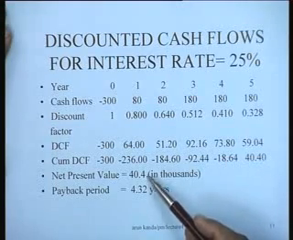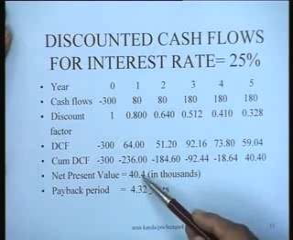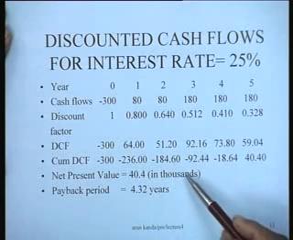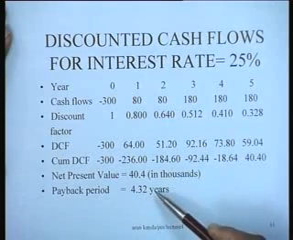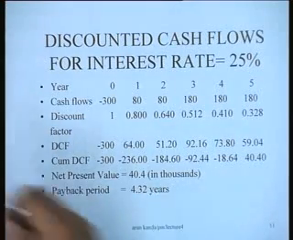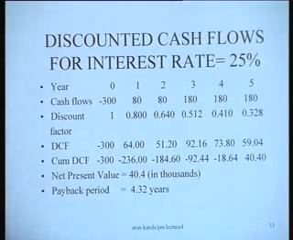So the net present value for 25% is 40.4 in thousands, and the payback period has now increased to 4.32 years, but it is still not 0, right? So if we try, for instance,